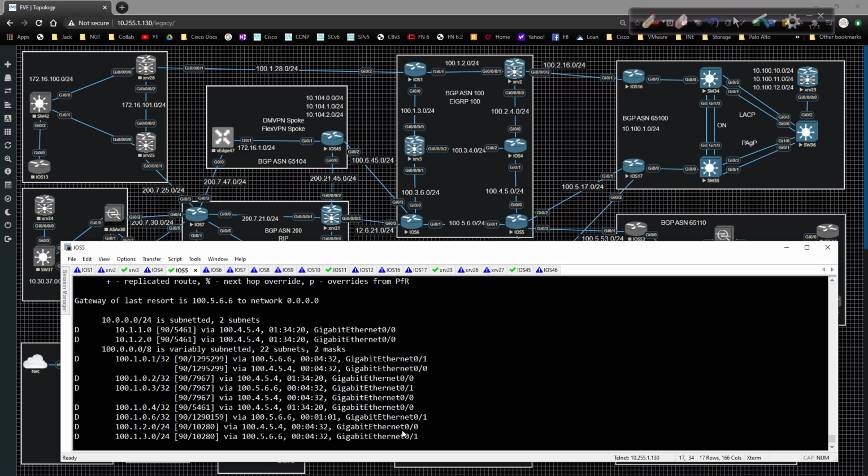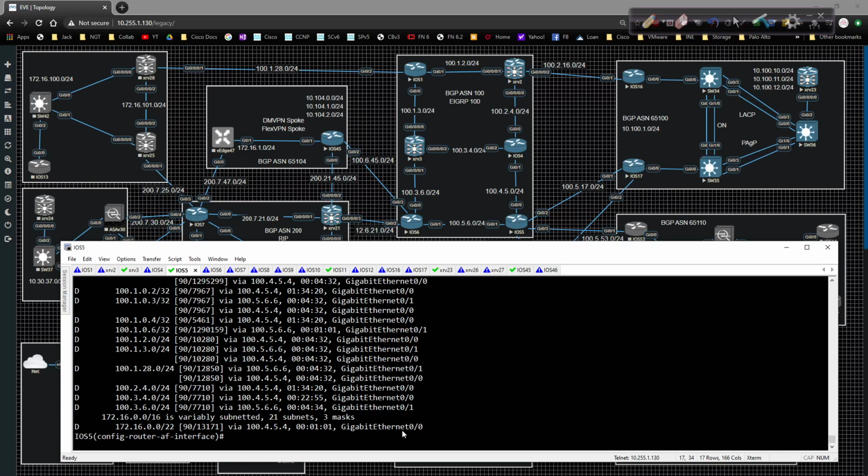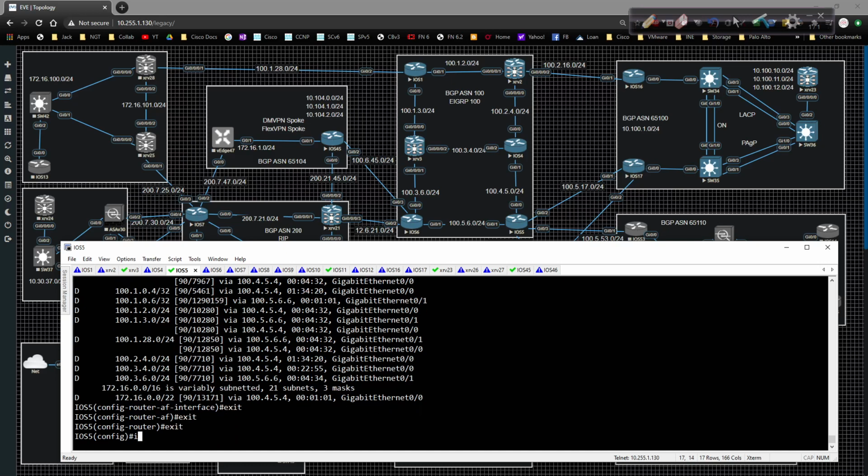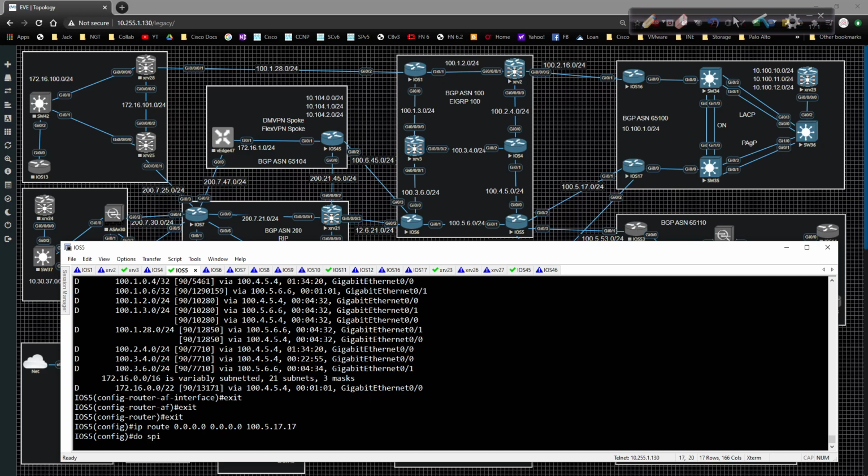So until I put a default route in play, because right now there isn't one, because I don't need to have a default route in here. The default route would be, I would need an actual static route first to somewhere, and then the default route would trigger. So if I was to do this for kicks and giggles, let's just do IP route, a default route to 100.5.17.17. So if I do ping 100.5.17.17,